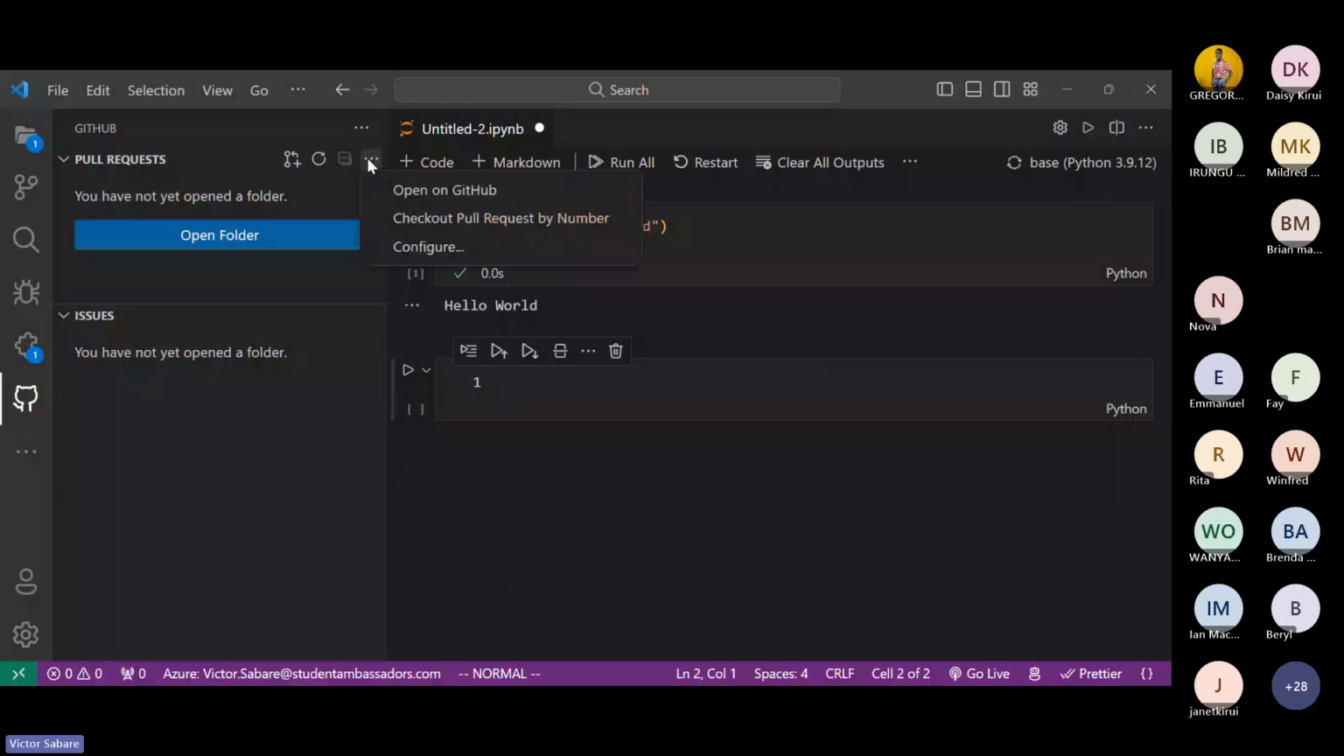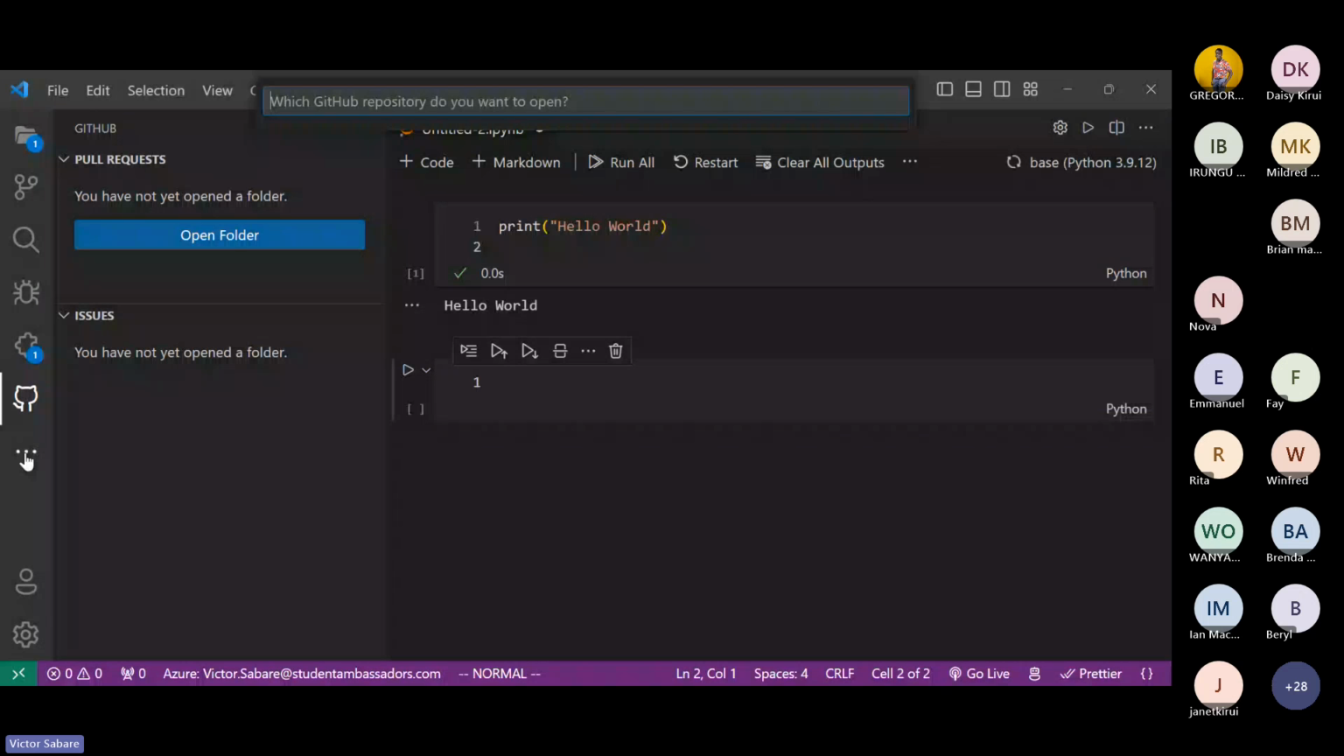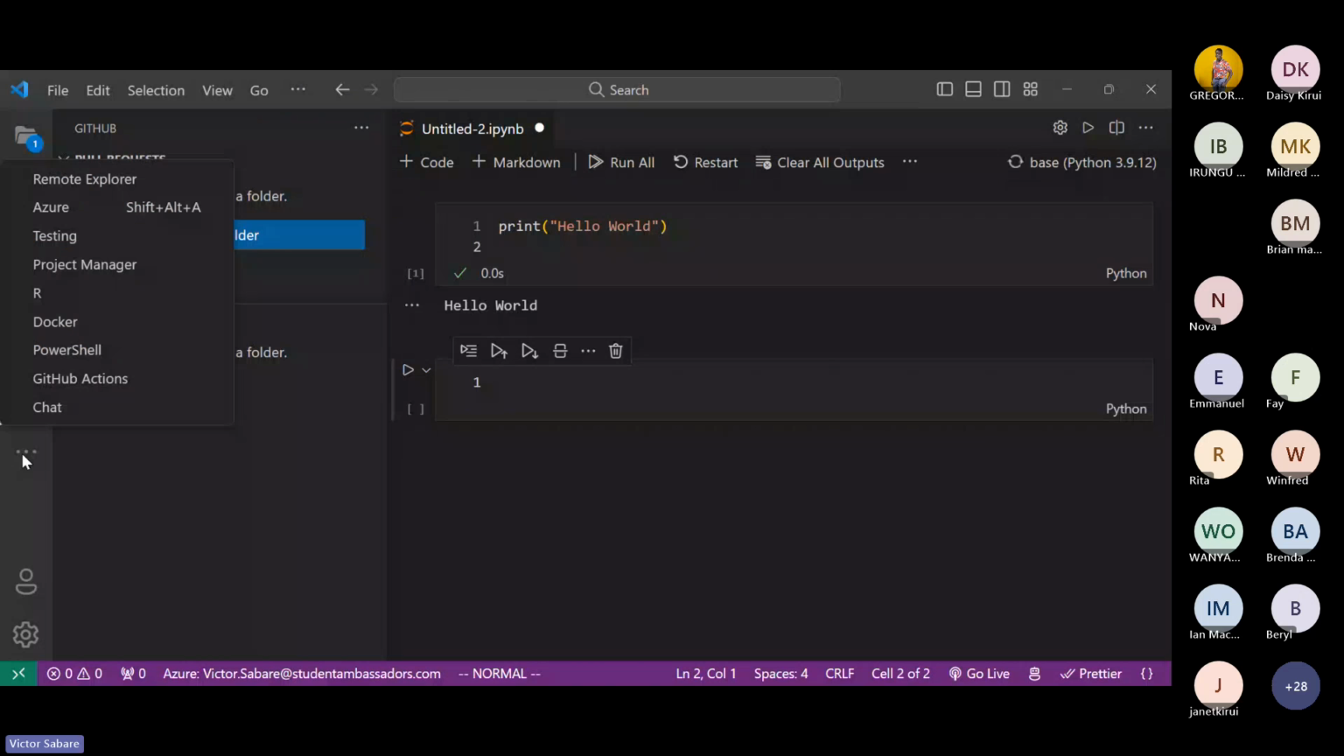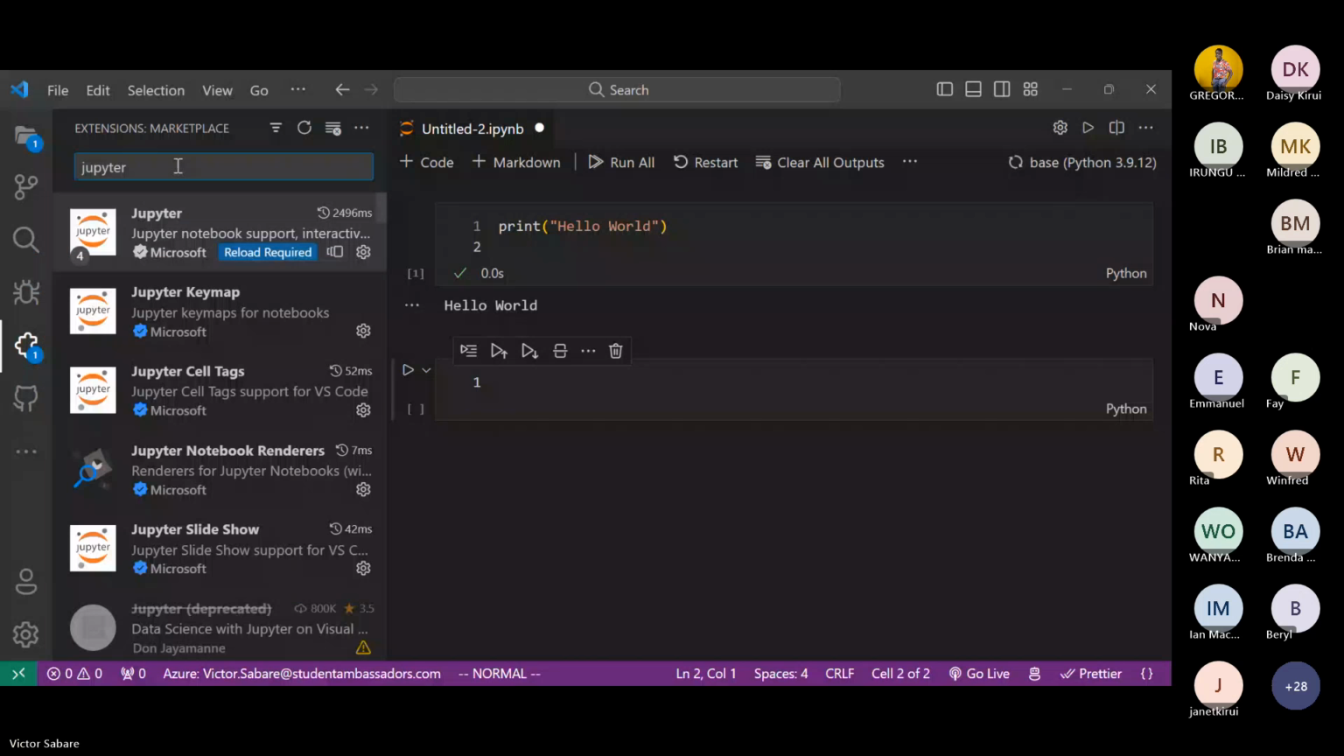So in this case, we open. So this is the GitHub extension on VS Code. You can install it. Normally you can find it in the extension market